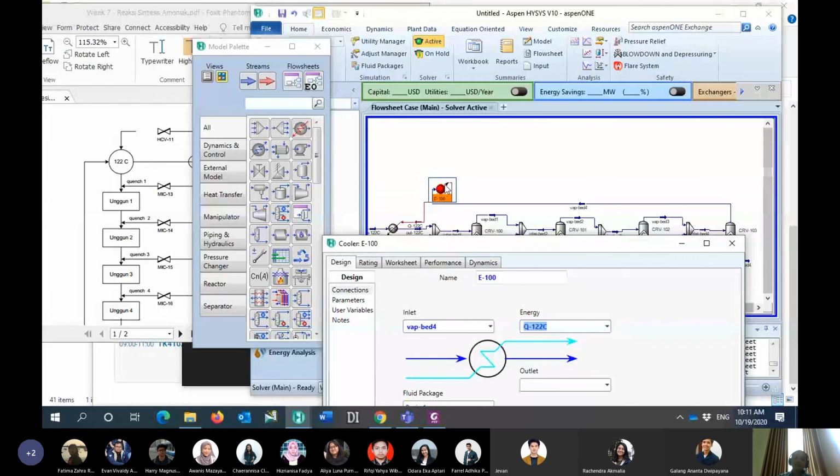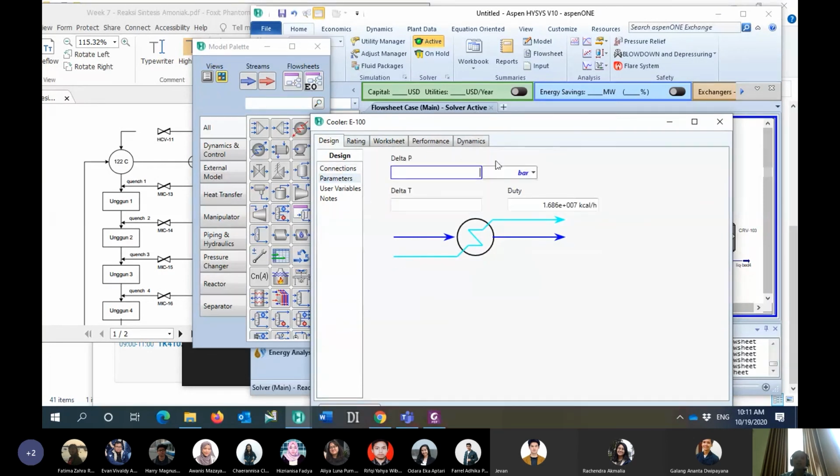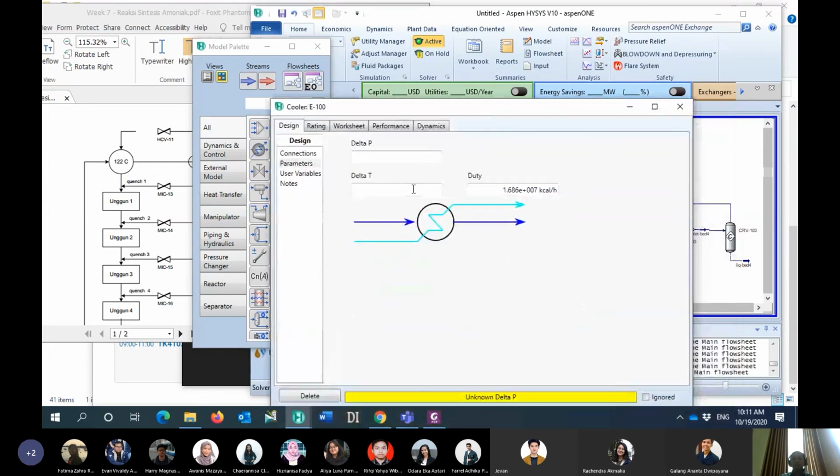So the heat from this cooler goes to this heater. And then the outlet will be the product. And then the delta P, I just say about 15 psi.